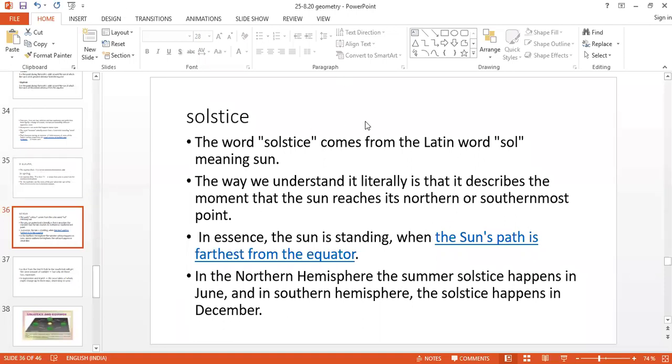So we are discussing the biggest difference between solstice and equinox. A solstice is the point in Earth's orbit around the sun at which the sun is at its greatest distance from the equator, while during an equinox it is at the closest distance from the equator. Because of this, one solstice is an extremely long day and the other is an extremely short day.